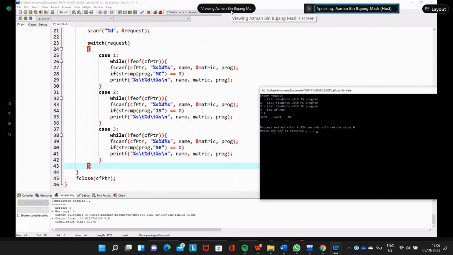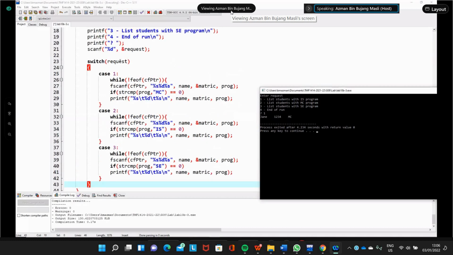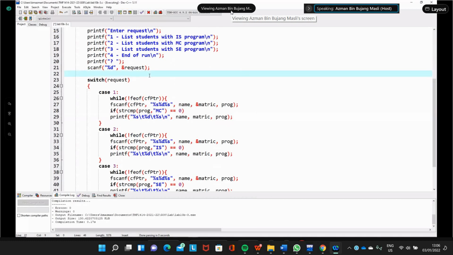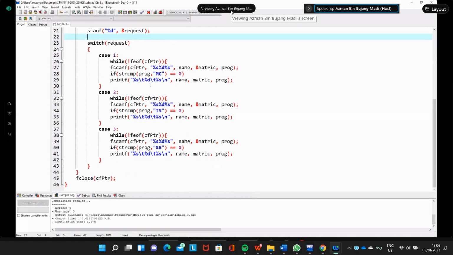Okay, while not end of file, then we run the program continuously, isn't it? So what we do here, we got to end of file because we use this while loop. End of file will end there, isn't it?